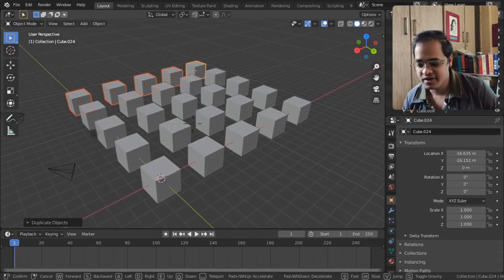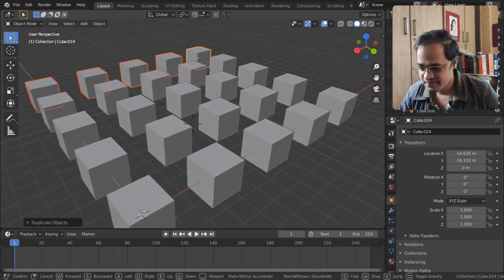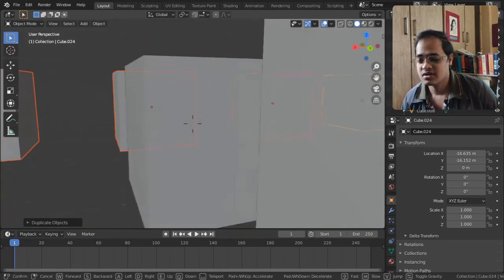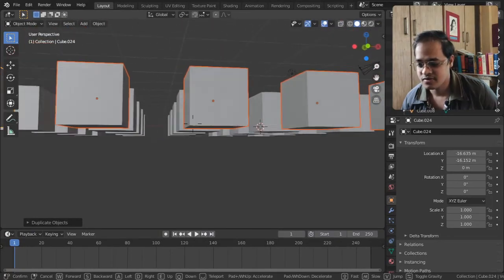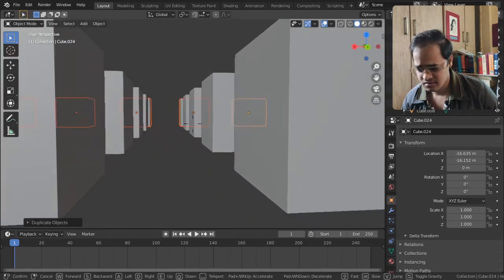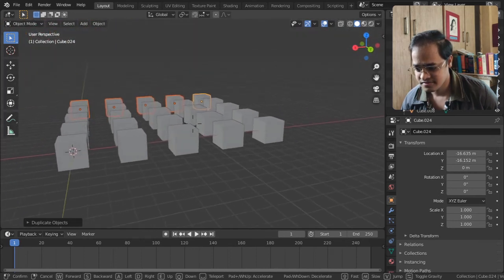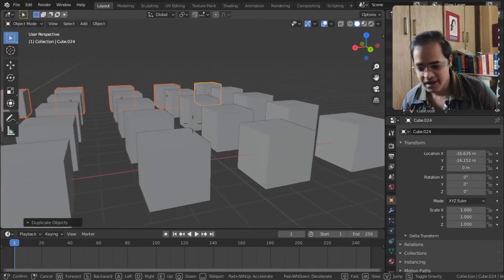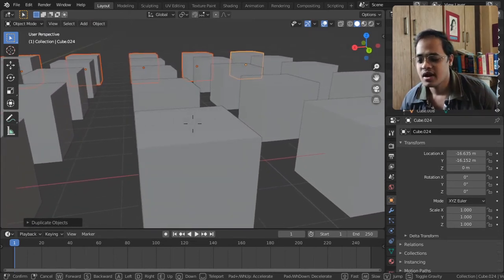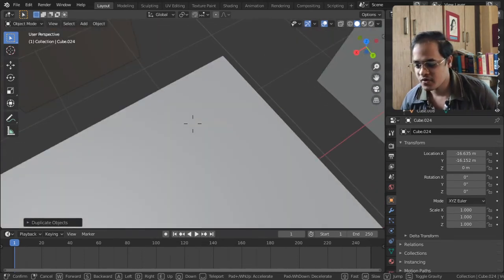So I am moving with this speed. If I use page up twice or four times, the speed will be increased. And if I hold shift, the speed will be increased even more. If I leave the shift, the speed will be reduced. And if I click and hold alt, we will move even more slowly. And if I teleport to this object and use V, we can jump as well.